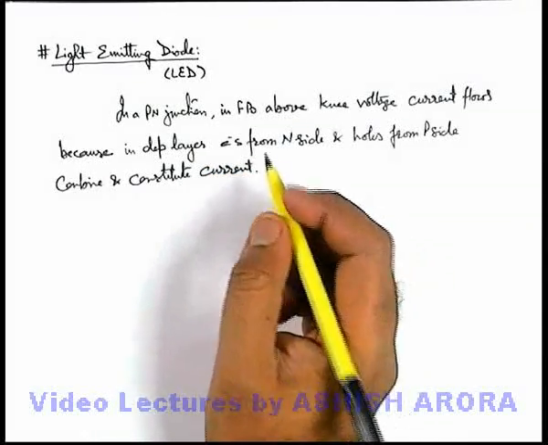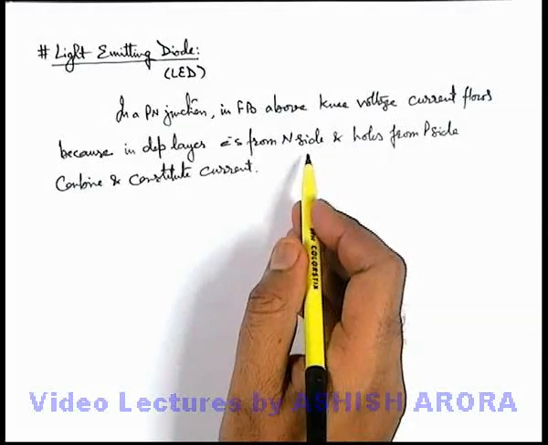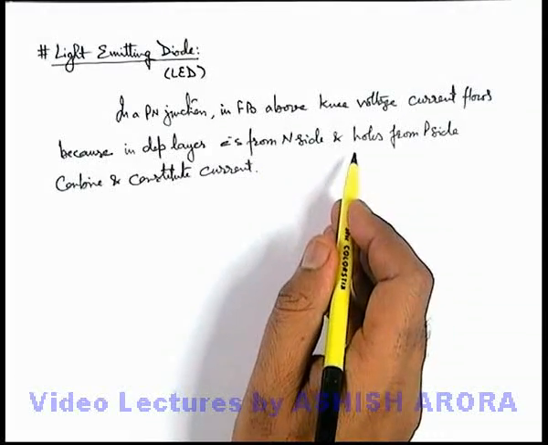And this is the reason why in reverse bias no current flows, because electrons and holes are drifted away from